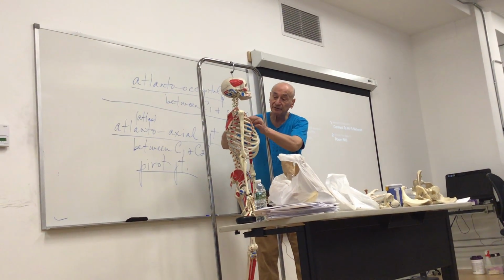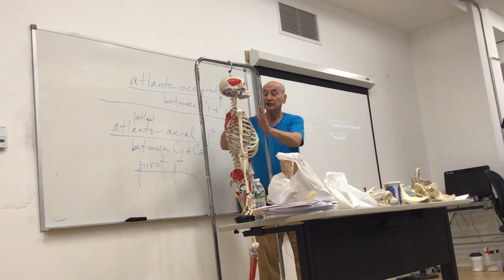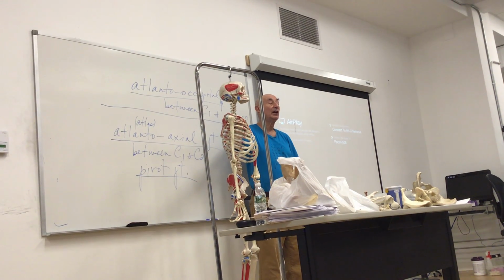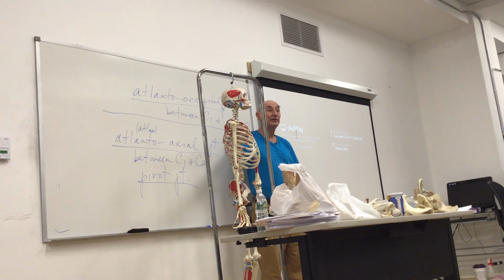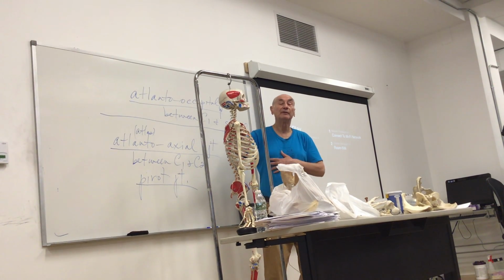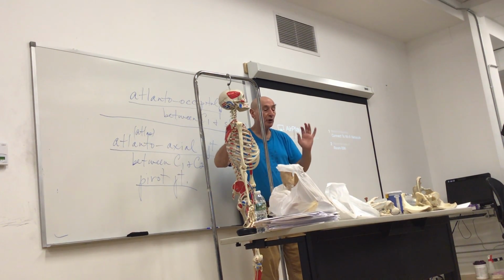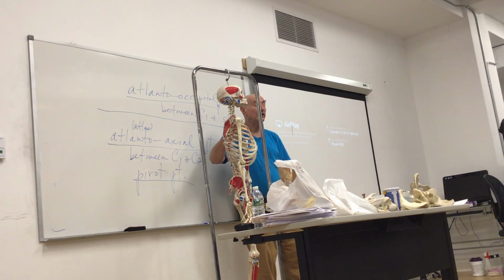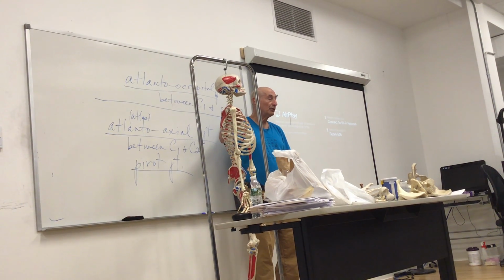So 7 pairs of costal notches, costal notch 1, 2, 3, 4, 5, 6, 7. So there's 7 pairs of costal notches, and rib pairs 1 through 7 are the true ribs. Inclusive, rib pairs 1 through 7 are the true ribs. So knowing that, what would be the total number of true ribs? Let me give choices: A, 12, B, 14, C, 7, D, 24. What's the total number of true ribs?